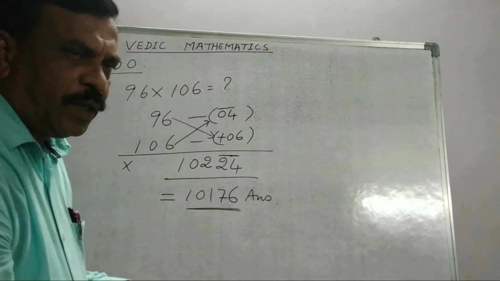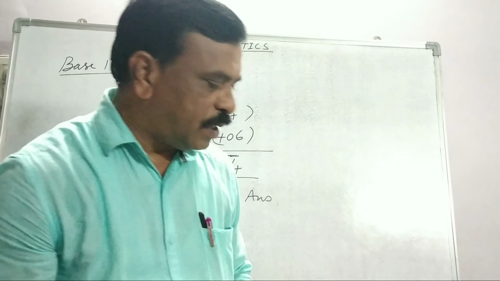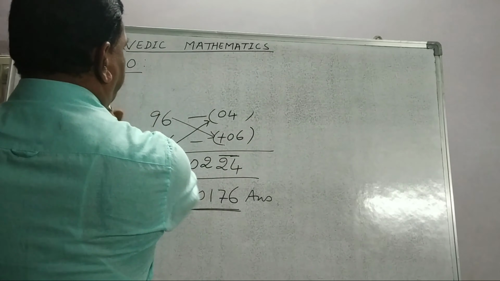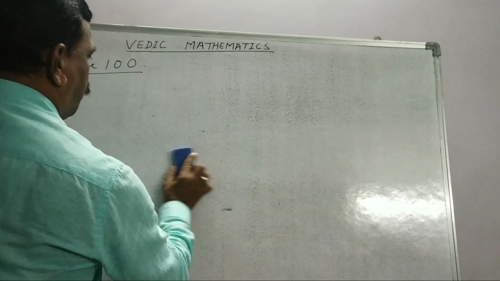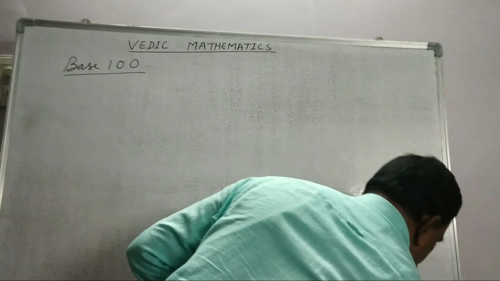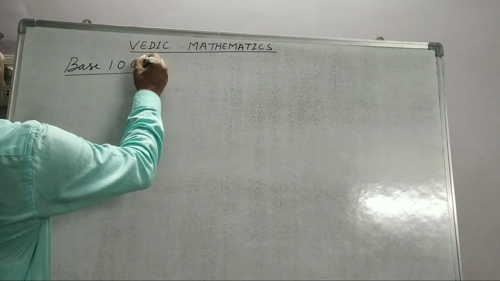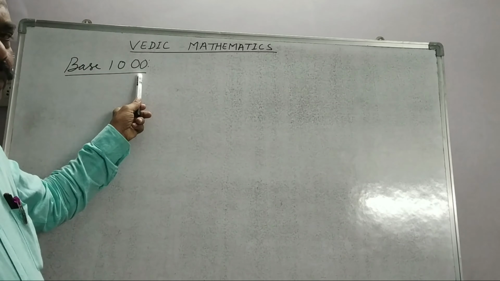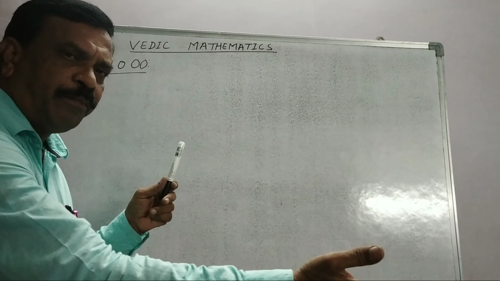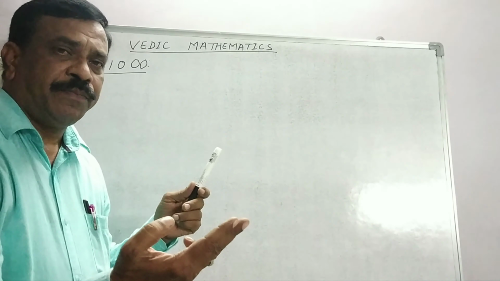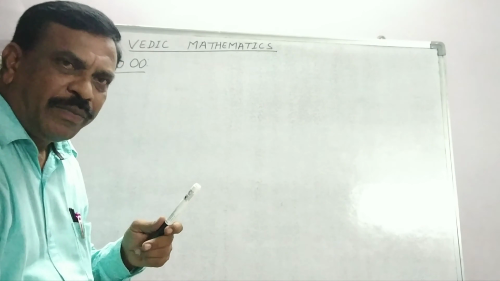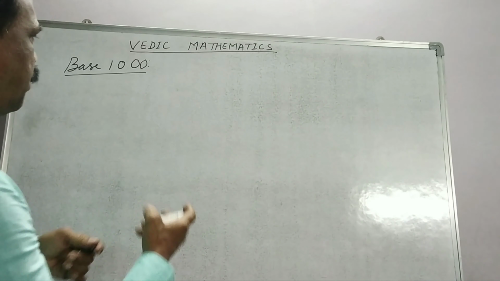Now let us see the three cases once again with taking some other reference base. Let us take base 1000 this time. So let us start. In base 1000, we have 3 zeros. 3 zeros means on the right side part, we must get 3 digits. If we get more than 3 digits, you have to put one slash and add the extra digit to the left hand side. So let us take case 1.